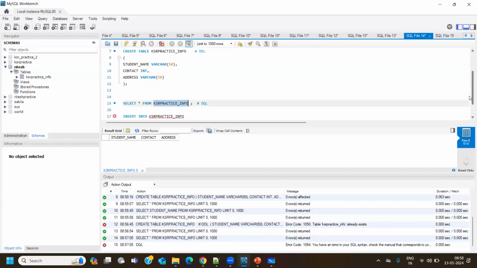I haven't mentioned anything called table, directly mentioned the name of a table. So while inserting also, you need not mention insert into table, directly mention the table name. Insert into table name values. I want to insert certain values here. Now, what values can I mention? Student name. See, while writing any variable character, varchar values, it should be in single or double inverted commas. So I'll mention single inverted commas and a certain name,